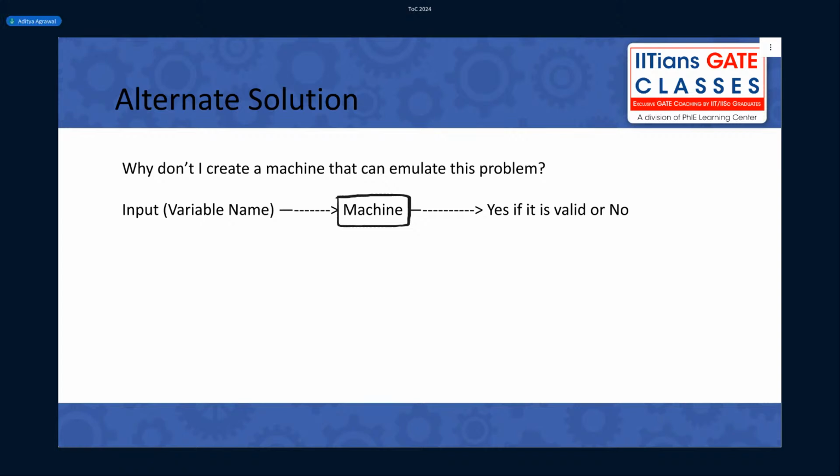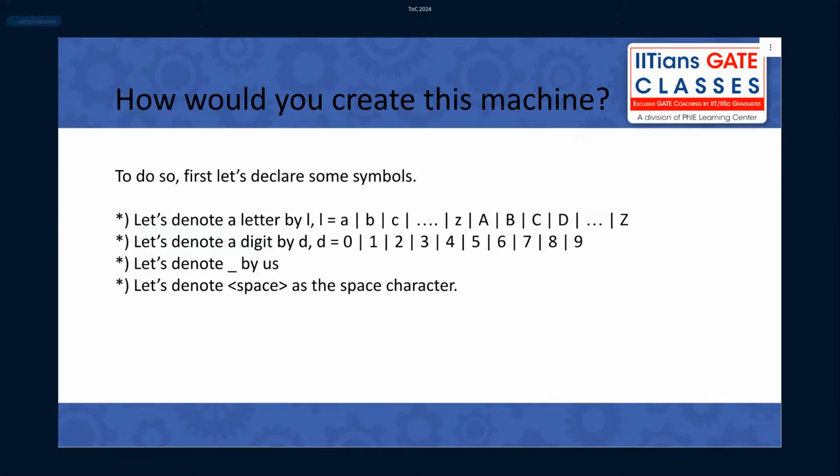If I can build this machine, my problem is solved, right? You guys with me till here? Problem is set now. Okay, awesome guys. Now our goal is to create this machine. Our goal is to find out how we can make this machine. It's just a very abstract thing. I have said that we have a machine. Oh, how do you create it? You might ask me. Well, that's a valid question, right?